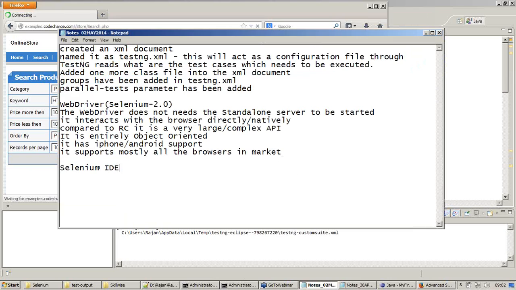Selenium IDE exported a test case using WebDriver from Selenium IDE. Okay. Copied the code to Eclipse